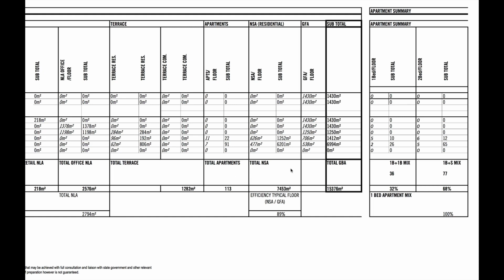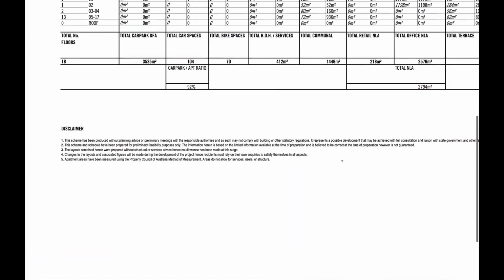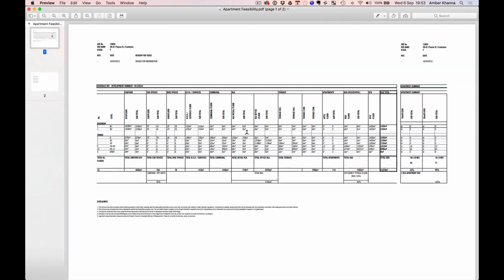So the gross floor area could be 1,300, but by the time you build everything, you'll see that we managed to achieve 89% efficiency, which is 1,300 times 89%. That means I was able to salvage 89% of the total floor space that was available, and then I can sell 89% of it. And for you to get your sales figures, you need this kind of data. It'll be with the files that you can